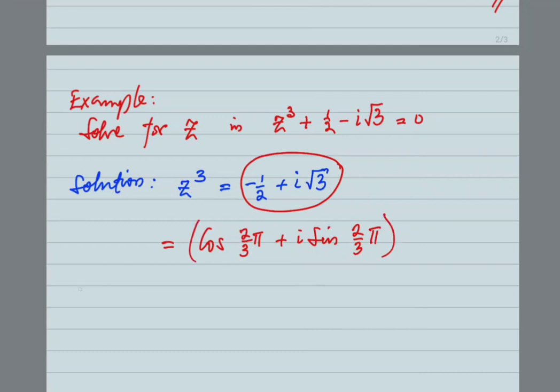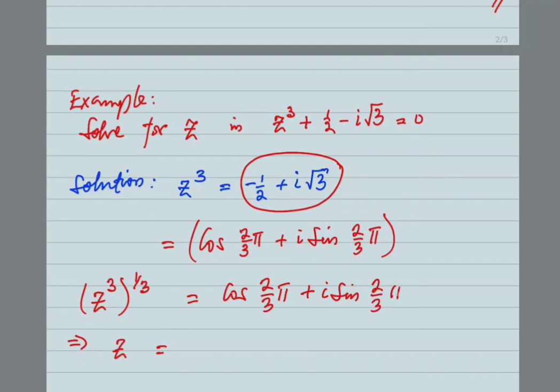Now z raised to power 3 is this, and if you want to have your z, then you raise this one to power 1 over 3. So from simplification, you have your z. Okay, z will be equal to cos 2 over 3 pi plus i sine 2 over 3 pi, then it will also be raised to power 1 over 3. But mind you,